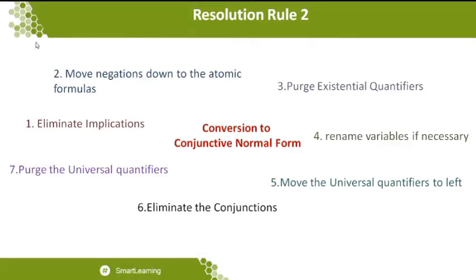So have a common structure in your mind that whenever you are converting a first order logic statement to a conjunctive normal form, you want to remove the quantifiers. That may be universal quantifiers or existential quantifiers, because these two quantifiers are the ones that support the first order logic statement. We already saw this in the first level of presentation, especially on the first order logic statement. So when the first order logic statements are to be eliminated, which means the dependability is to be eliminated, you want to remove the quantifiers, the universal quantifiers as well as the existential quantifiers. So this is the essential thing to be followed.